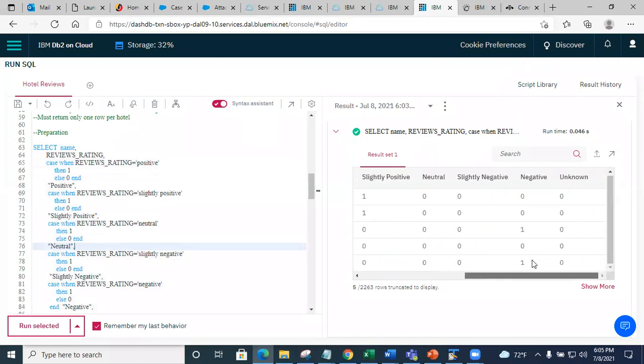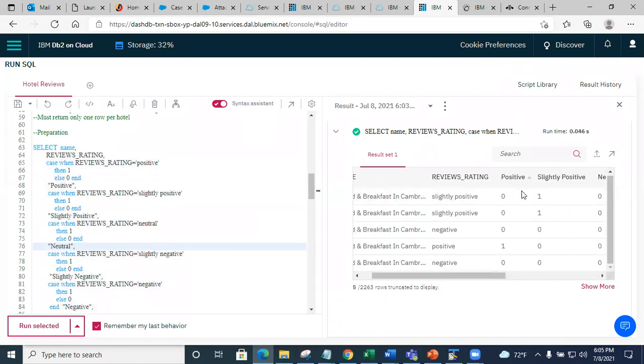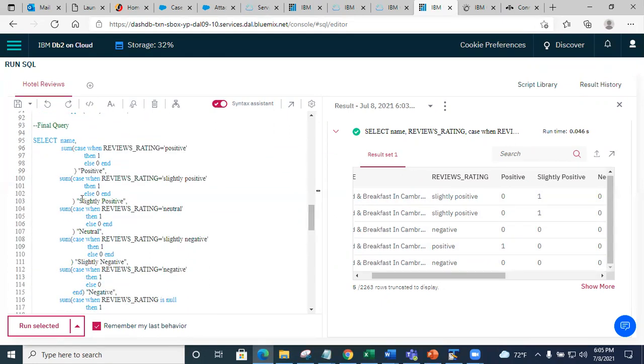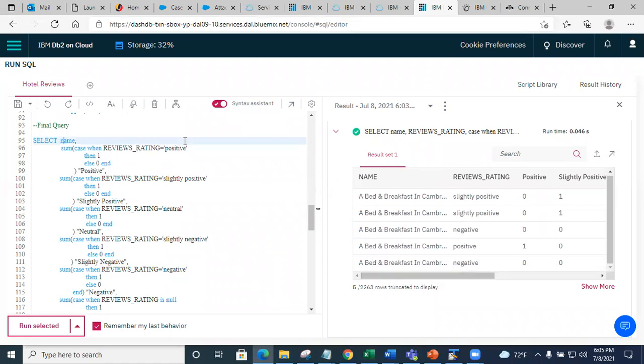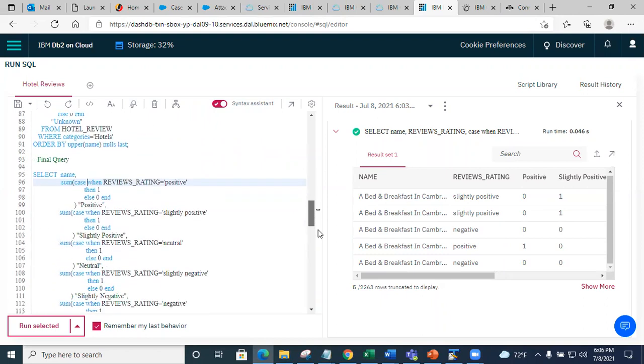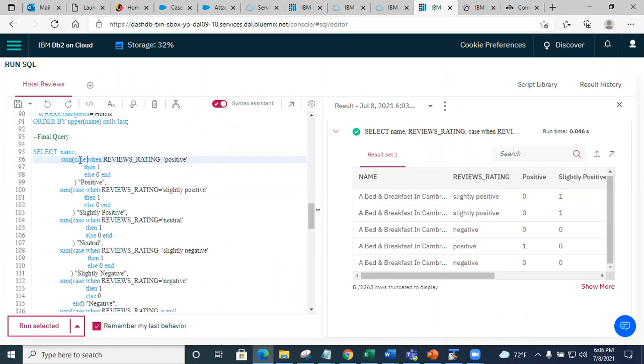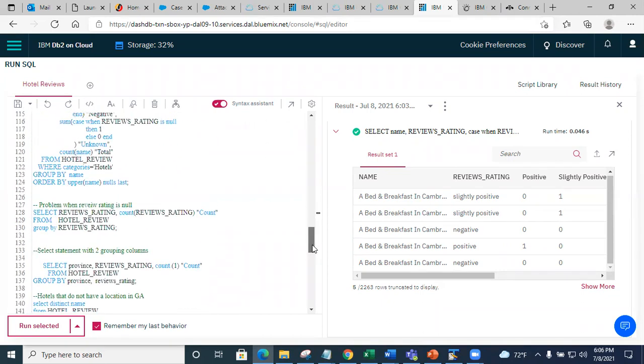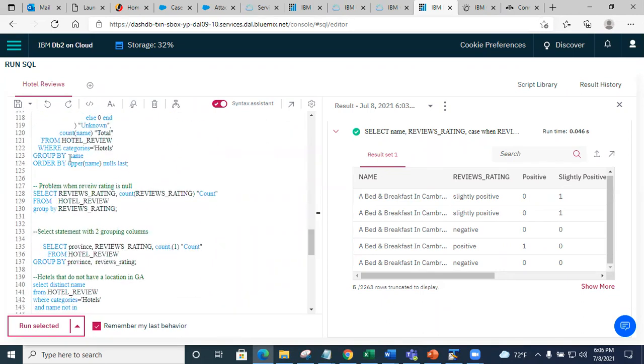So now, how do I know how many reviews are positive, how many are slightly negative? All I need to do is take the sum, right? So here is the query, here it comes. You want to see the hotel name, and then you're going to take the sum, right? I had an option, I could do it as a subquery. I could take that thing as a subquery, or I can just put the word sum around the case statement. See this? This is taking a sum, and I'm grouping it by the group by name.